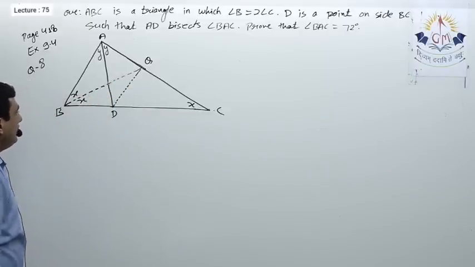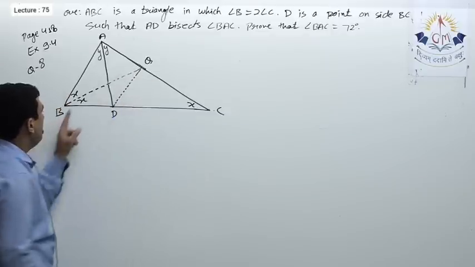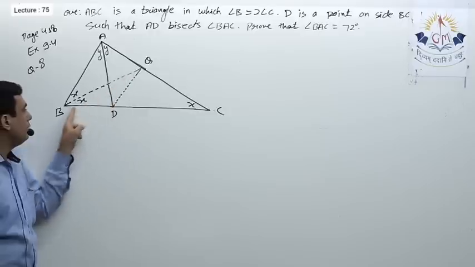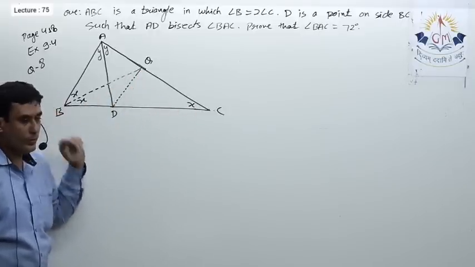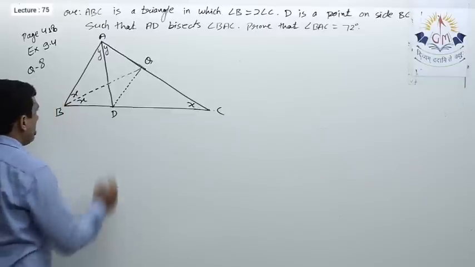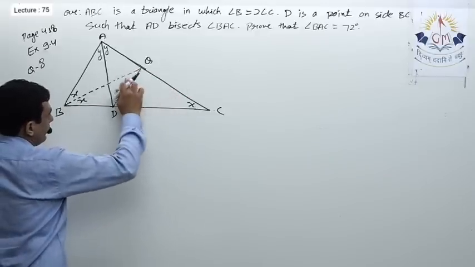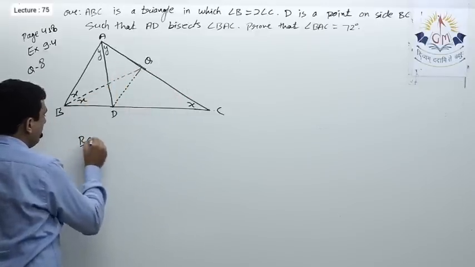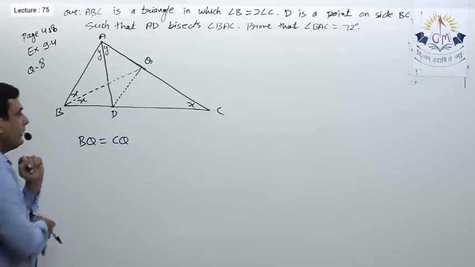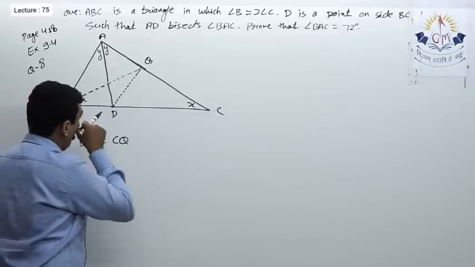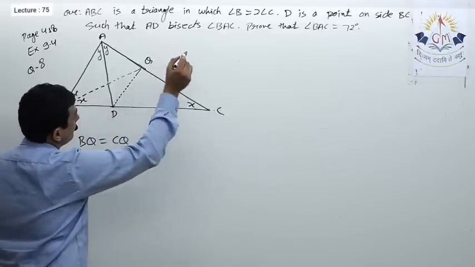Okay, now let us see. First of all, in triangle BQC, this angle is x, that means angle QBC is x, as well as angle QCB is equal to x. As these two angles are equal, opposite sides will be equal, so I can say BQ is equal to CQ, isn't it? Here I will get BQ is equal to CQ. Now one more thing is given.